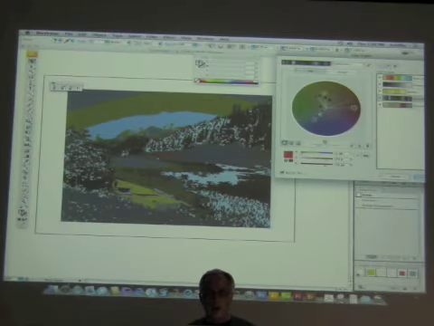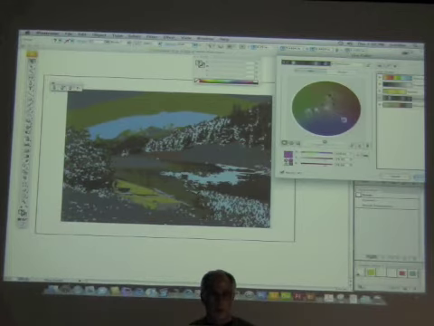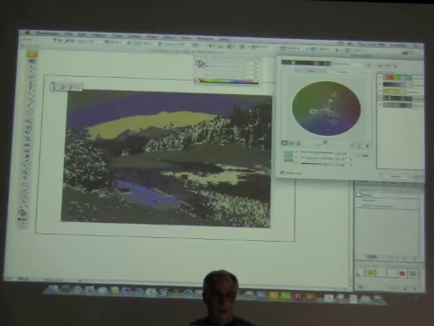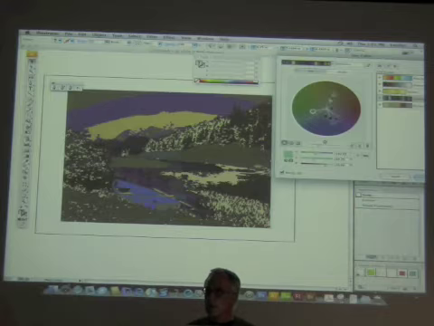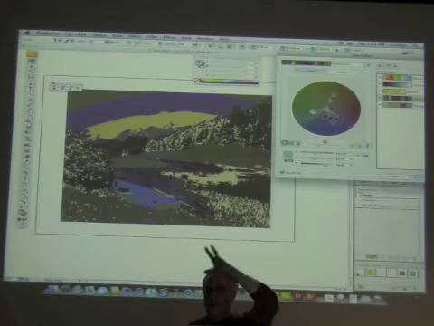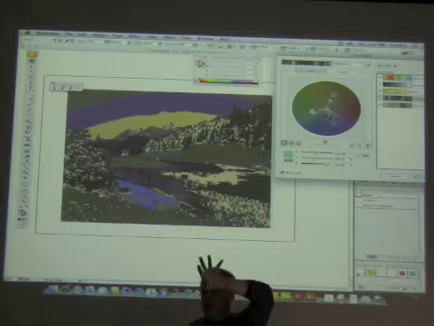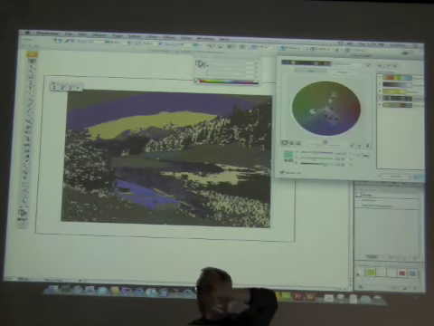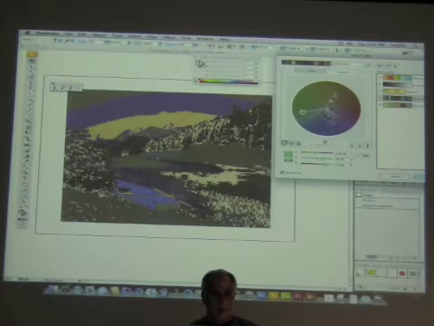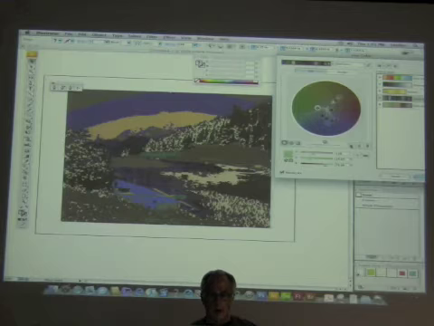I can click on this, and as I drag it around, notice how all the other colors change as well. When you select one, all the rest spin around in the color wheel and change accordingly relative to that color that I selected. What I can also do is notice how I can make that more intense, or I can make that lighter. I can also disconnect it. There's a variety of things that we can do in here. I can unlink it. I can take this one and move it wherever I want and make whatever color